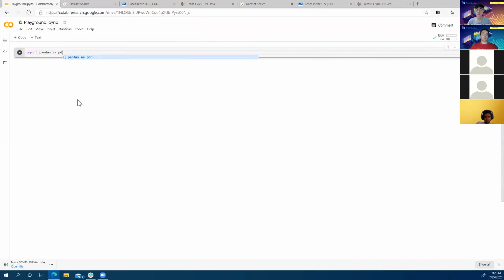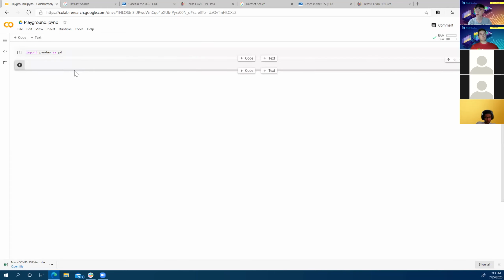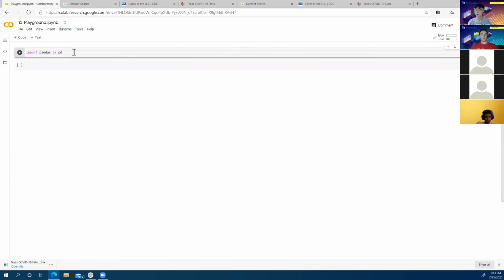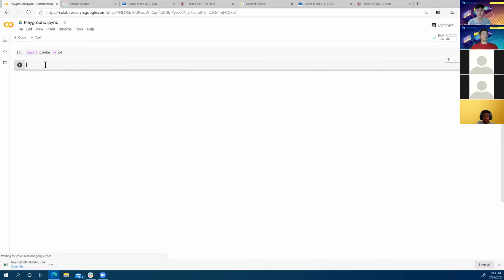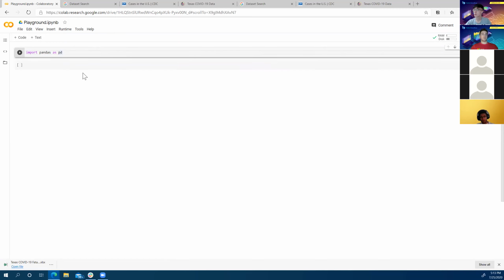If you want to run a cell or block of code in Colab, you can press the play button to run it. Or if you're on Windows, you can press Shift-Enter to run it and then jump to the code block below. Or you can press Control-Enter to just run that block, and you don't create a new block. So those are three different ways to do that: the play button, Shift-Enter, and Control-Enter.